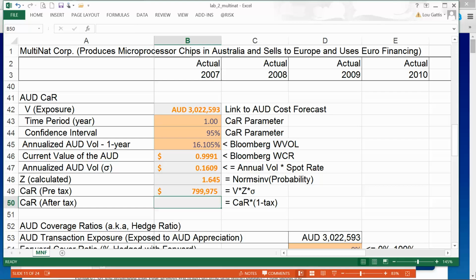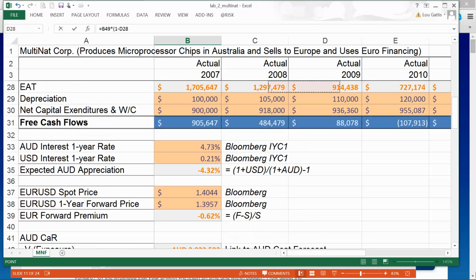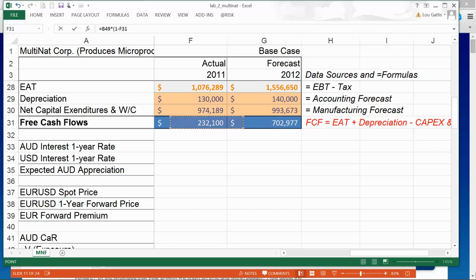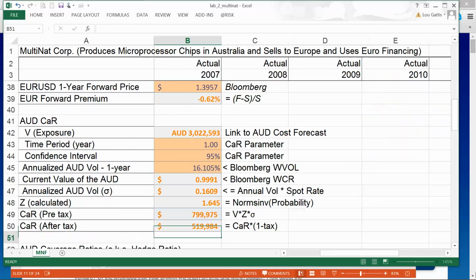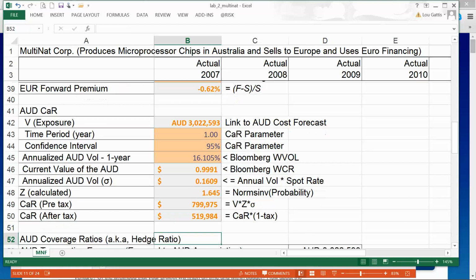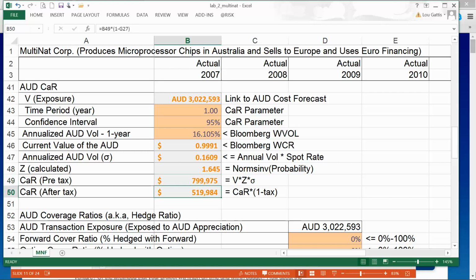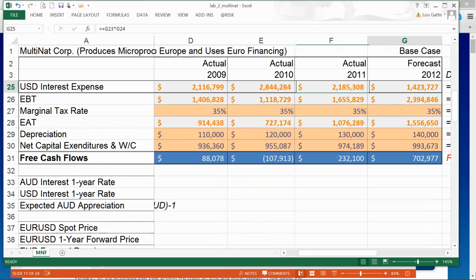But we're going to also calculate one other thing we haven't done before, and that's an after-tax cash flow at risk. Because if we do show losses, we'll pay less taxes. So if I just take my cash flow at risk and multiply times 1 minus the tax rate, there's my 35% tax rate, I will get an after-tax cash flow at risk of $519,000. So after taxes, there's a 5% chance I'll have cash flows $519,000 less than my forecast of